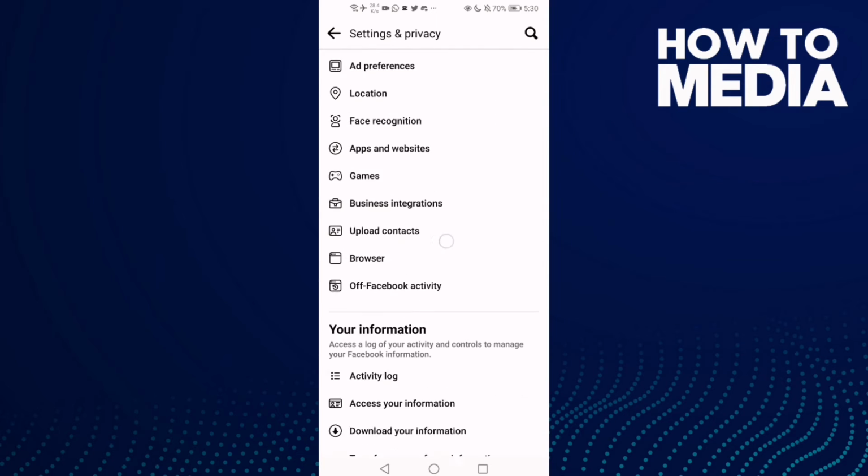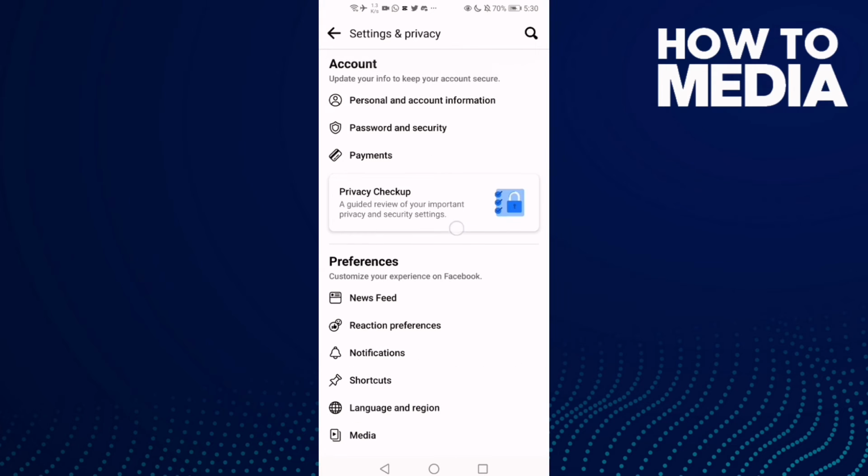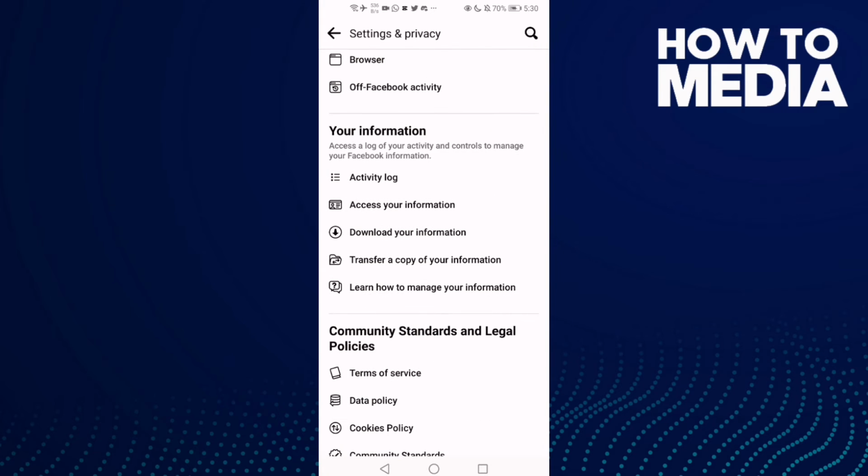and go down, and here you will find this one, activity log. Click on it, this one, activity log,